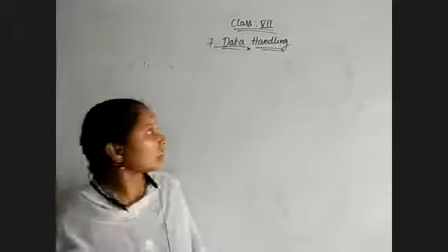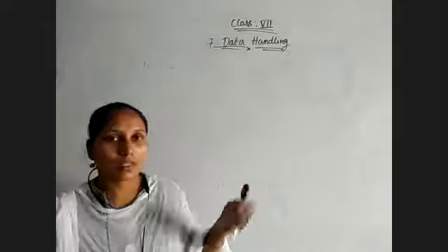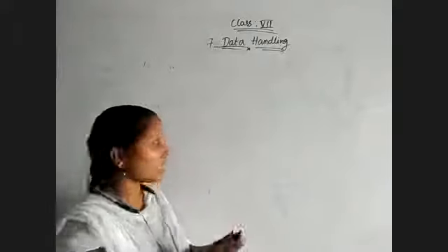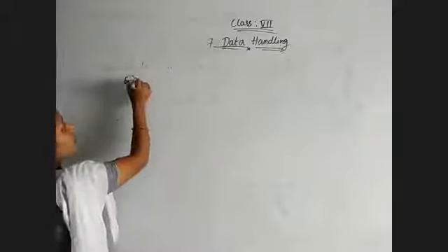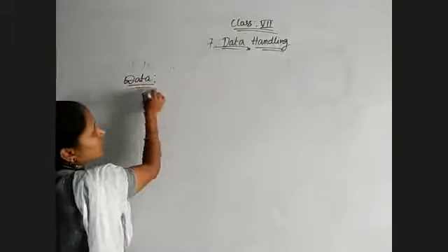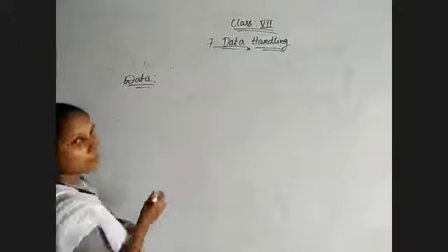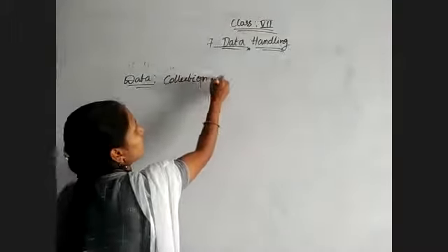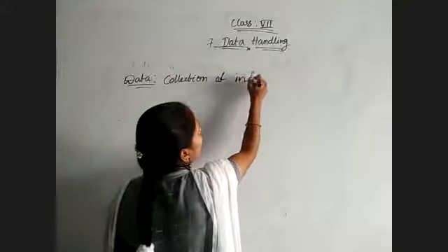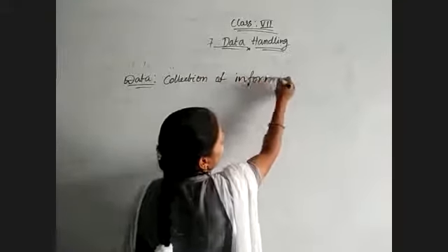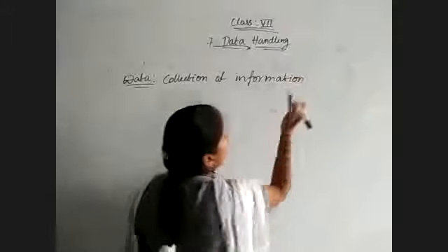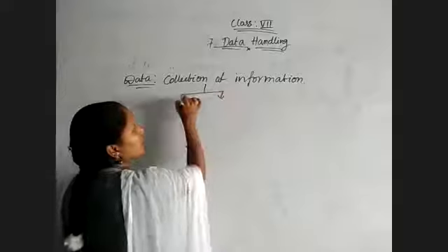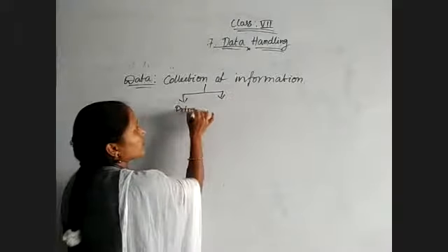Okay, just listen. Some of the definitions from the start onwards. Data is nothing but collecting information. That may be numerical or words. So collection of information is called data. First thing, we must know what is meant by data. Collection of information, yes or no. And there are two types of data, which I have already explained: primary and secondary data.